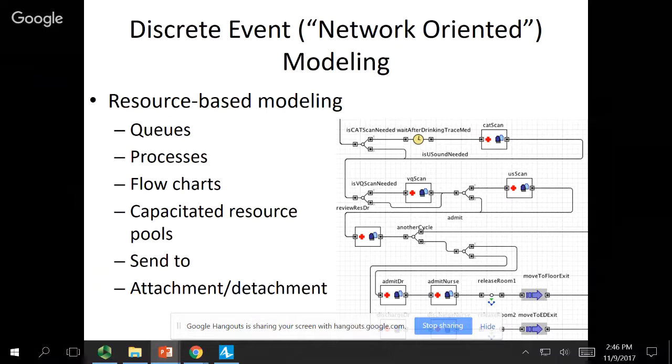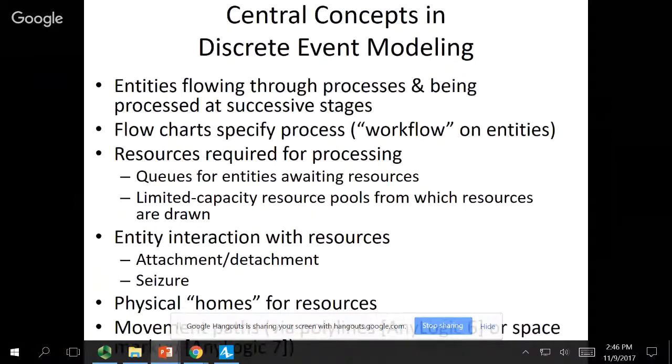They leave the room. They can go to another patient. I release them from that reservation. They're no longer allocated to me, and they go on and deal with another patient. Okay, so we're going to have these workflows whereby entities can interact with resources by attaching to them, obviously by